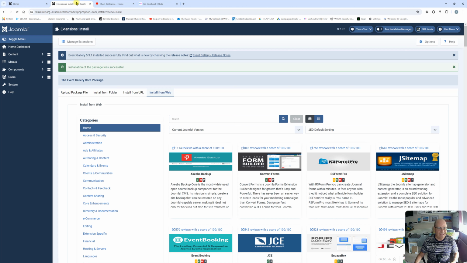So here we are back in the admin panel. And if we look on components, we'll see we've got Akeeba Backup, Convert Forms, Event Gallery, and JCE Editor. Let's set JCE Editor as the default editor. So we can go into